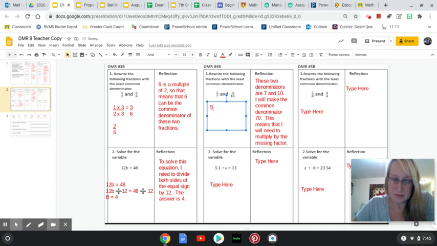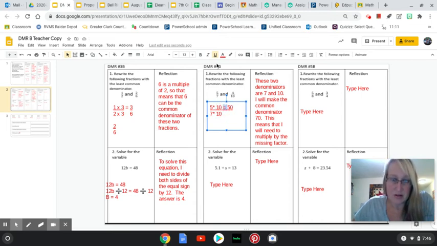5/7 needs to be multiplied by the missing 10. 10 over 10 is 1. So if I multiply the 5 on the top, the numerator, by 10, and I multiply the denominator by 10, I'm really just multiplying it by 1. So that will mean that my final answer is